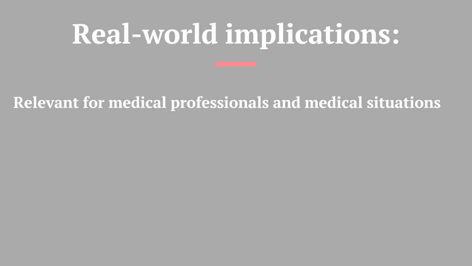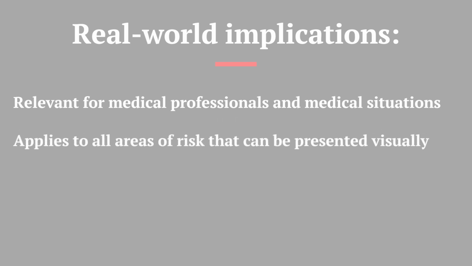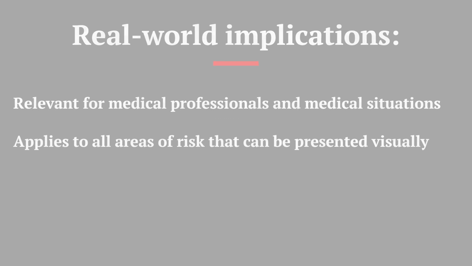But they also found that it can be generalized to other areas of risk as well. So for example, risks in educational situations or personal safety risks, for example. One example could be like the difference in choosing to fly on an airplane versus going on a car trip somewhere. There's a difference in personal safety there. And so representing data in a visual form might help people make a more informed decision and a more accurate decision in those types of situations.